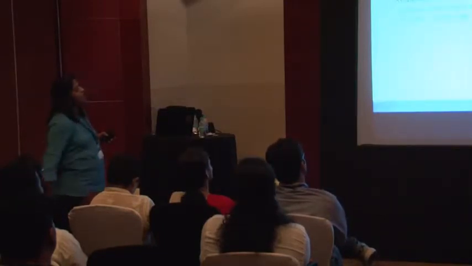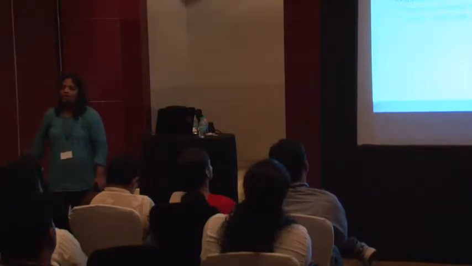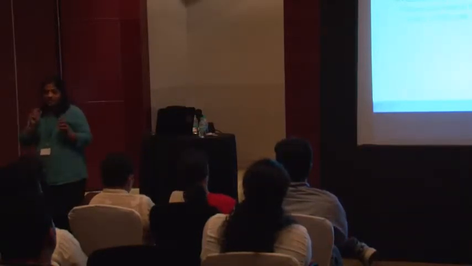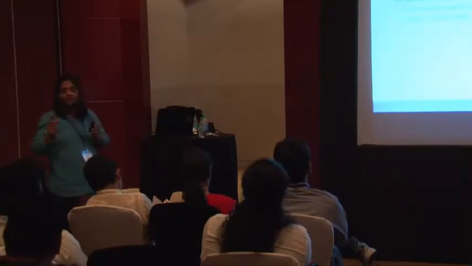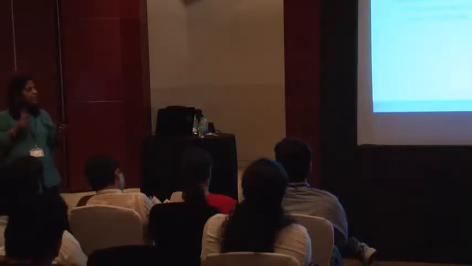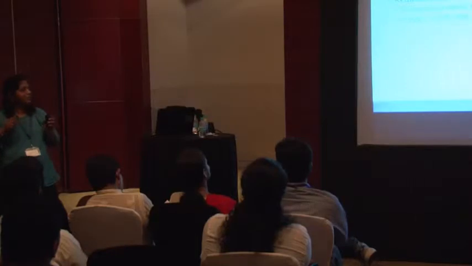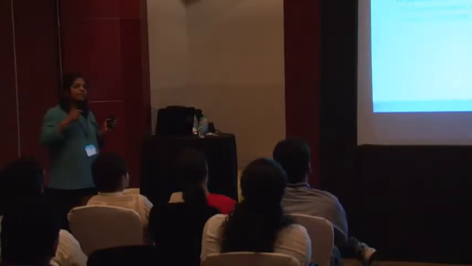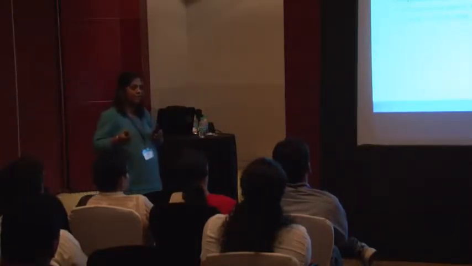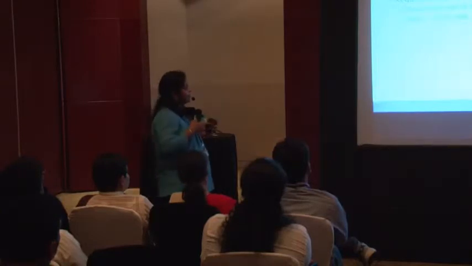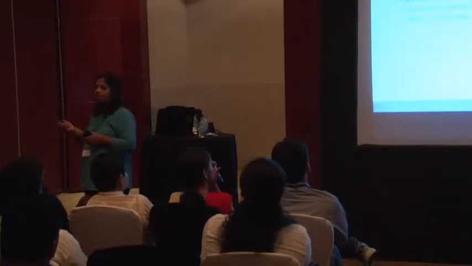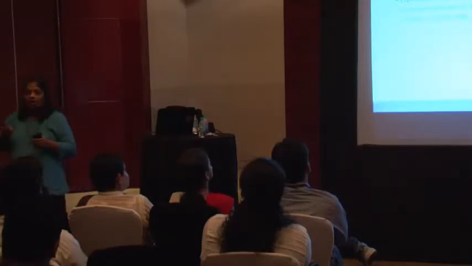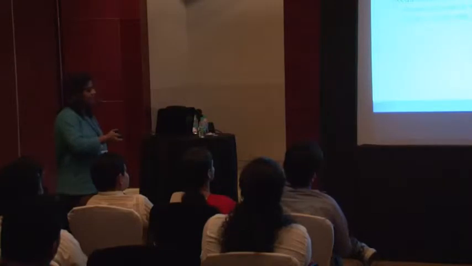So after the header we have the request body. Now we said that a request URL is just enough information that I send to the server. But if I want to send certain additional information, then I can send it through a request body. A request body can either be in a data format or a media format. Data format can be JSON or XML, and media can be in scenarios where you want to upload a video file or an image or an audio file.